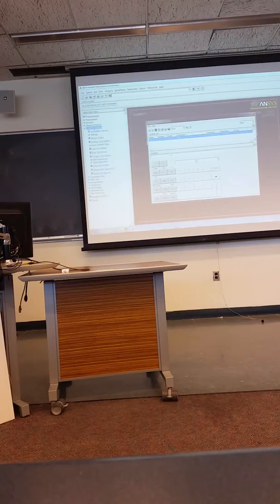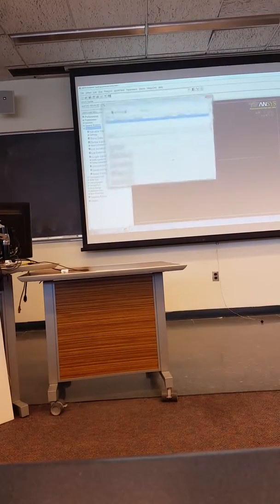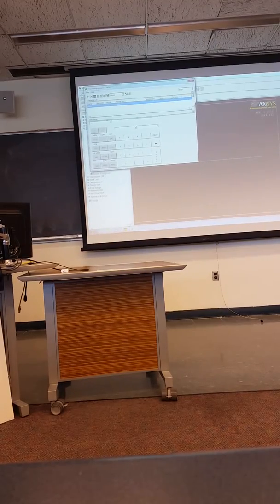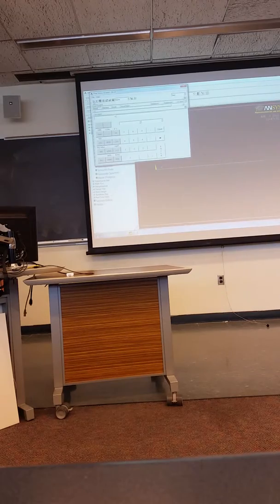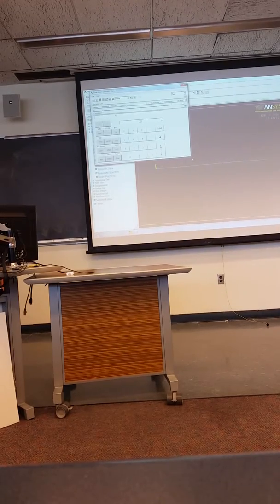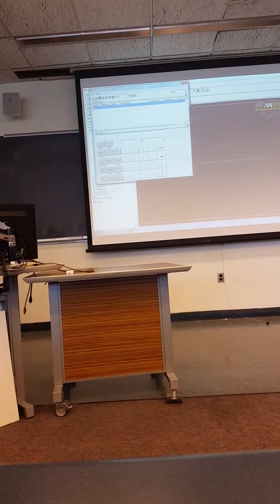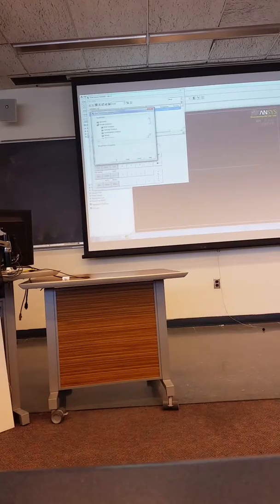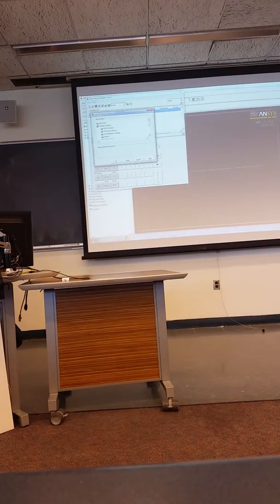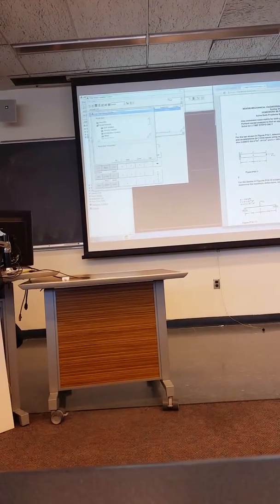So you can expand this, and it gives you this nice little manager. The way you use this manager is with this plus value here. If I click this plus value, it's asking me what data I want to add to this manager. And we know we want to take a look at, what does it say? Displacements, velocities, and accelerations